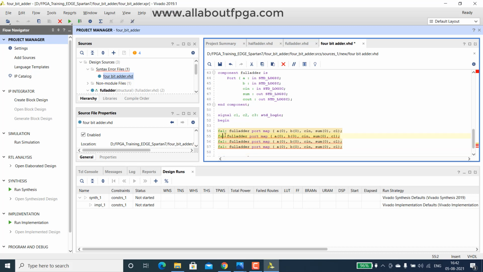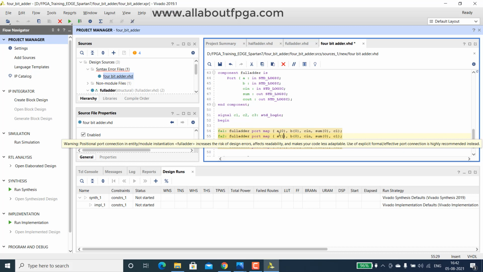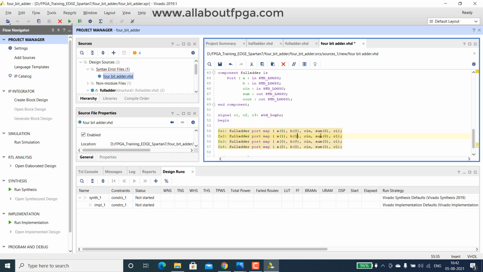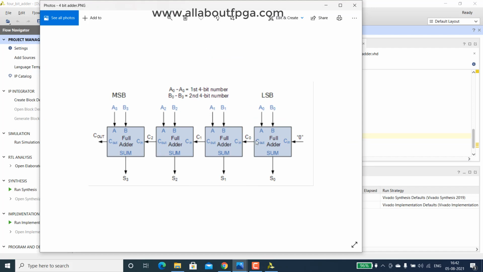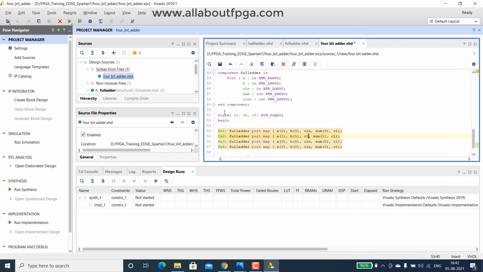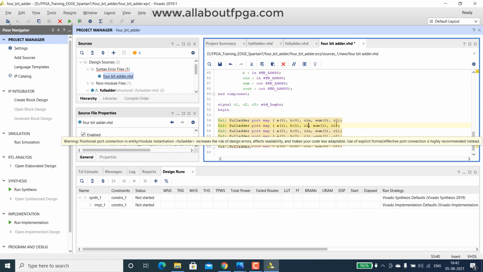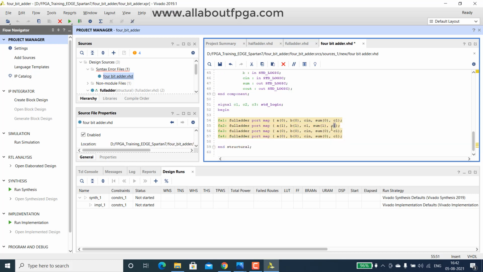So we can rename it to F2, F3 and F4. Then instead of 0 it will be 1. So here instead of this, C1 should be coming as a carry into this full adder. Here it was mentioned as C0, C1, C2. We can keep it anyway, that C1 we have kept here. So C1 here, then the output would be C2.